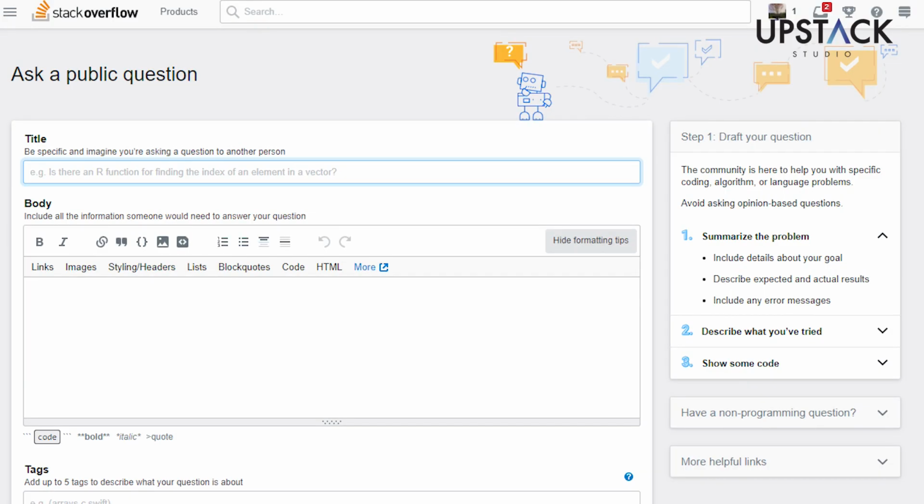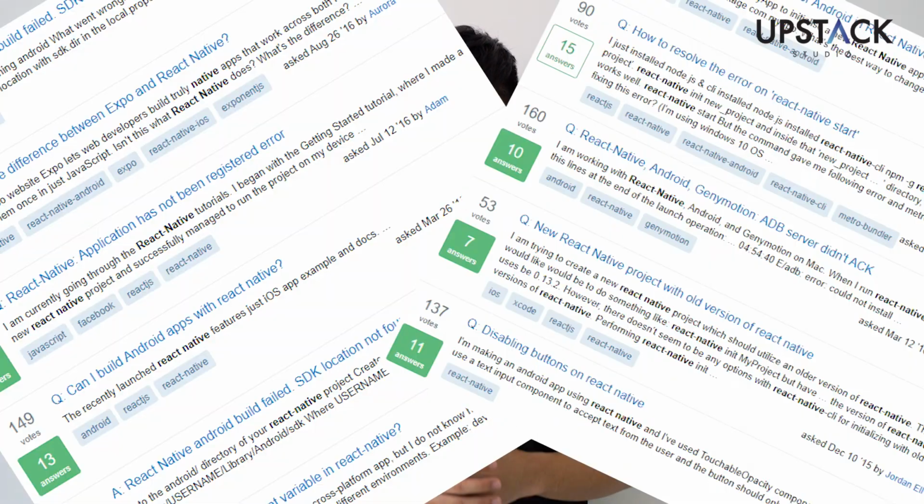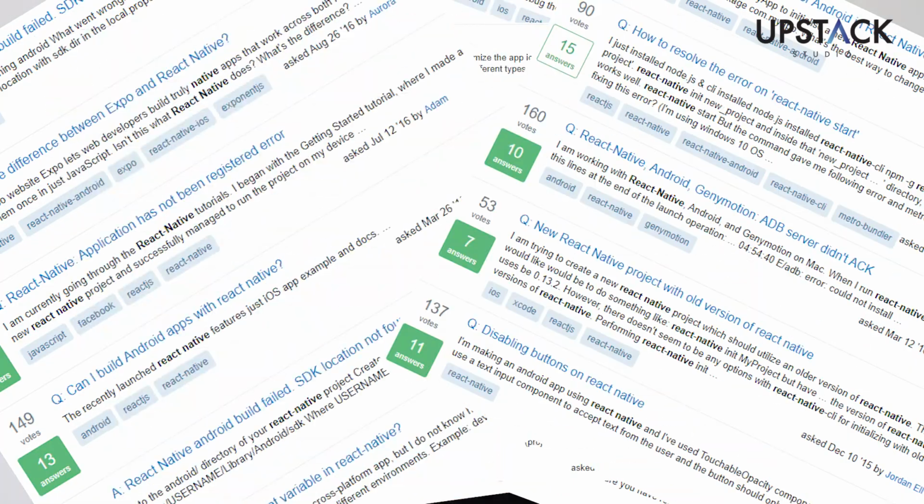If you can't find any, you can of course create your own question, but do note that you might not get instant response on Stack Overflow. Heck, you might not even get an answer if your question gets buried in a huge list of questions. But still, it's a good thing to try. And I'm sure 80 to 90% of the time, there is someone out there that already has a solution to the issue that you are facing, unless it is something that is related to the latest version of React Native.